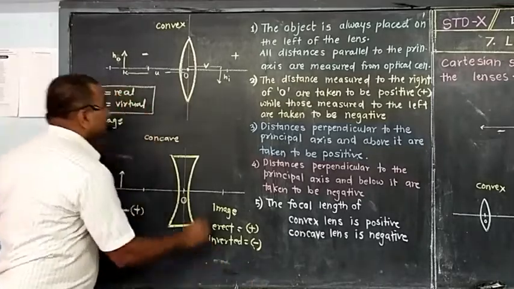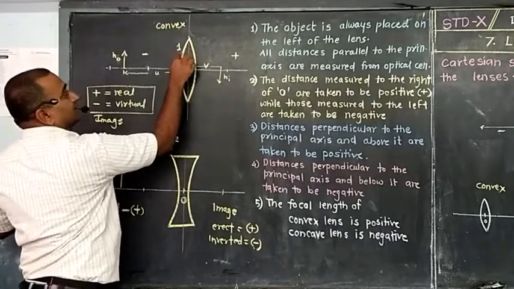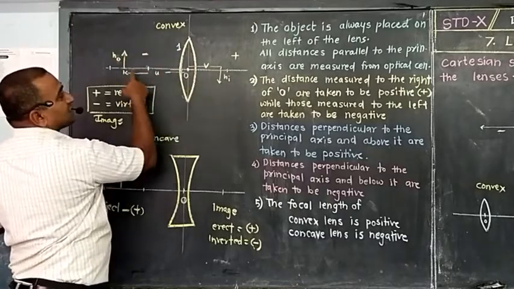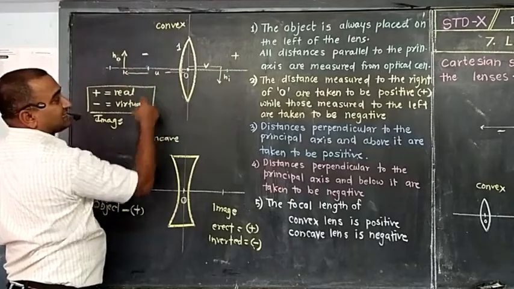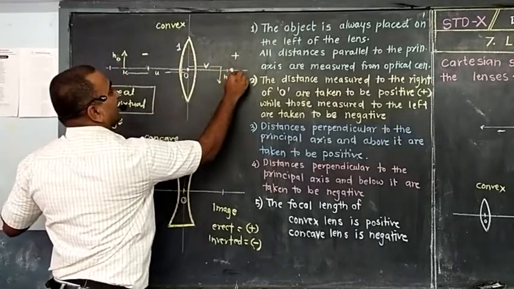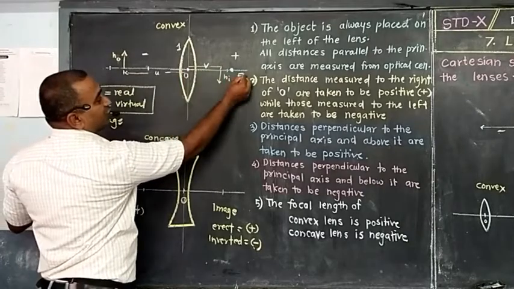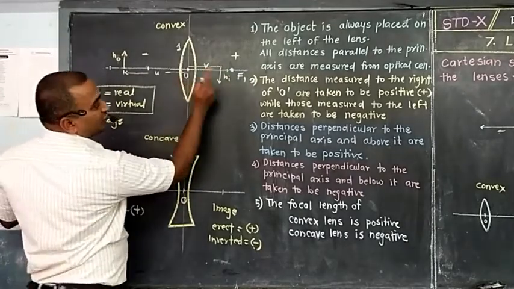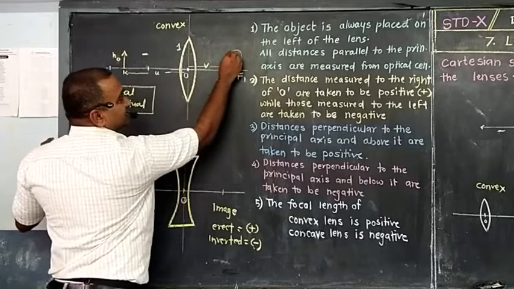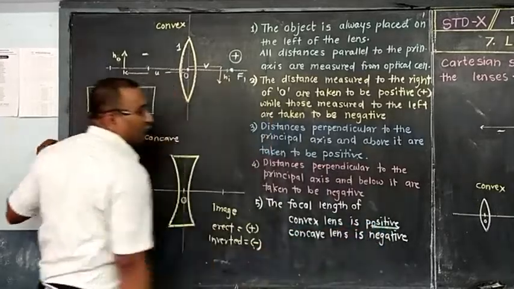See how it is. Which lens is this? Convex lens. So this is the first surface. All the rays parallel to the principal axis, after refraction, will meet at one point. Here we are getting the focus F1, and the distance between the optical center and the focus is called the focal length, and it is towards the right side. As it is towards the right side, the focal length is considered positive. So a convex lens has a positive focal length.